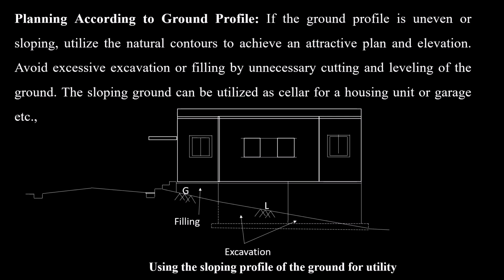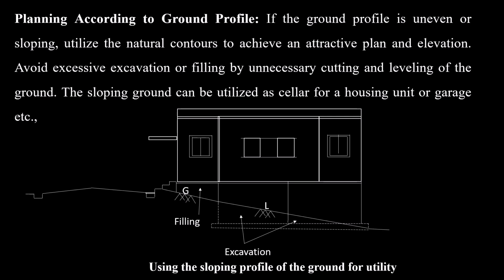You can see in the sketch the ground is sloping from the front side to the rear side. So you can have this sloping space to construct a building for residential, or you can have a garage. So excavation is minimized and filling is not there. Only except the front side filling is shown, like how you have to have economic excavation and